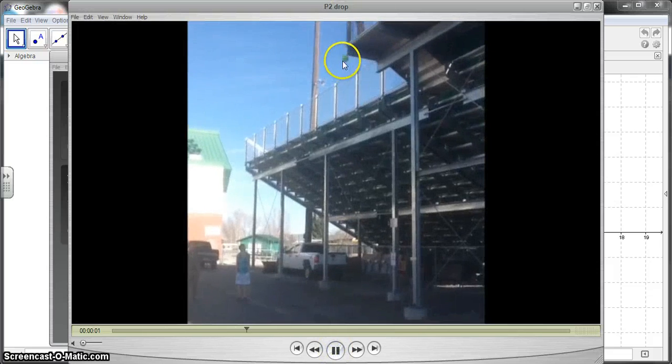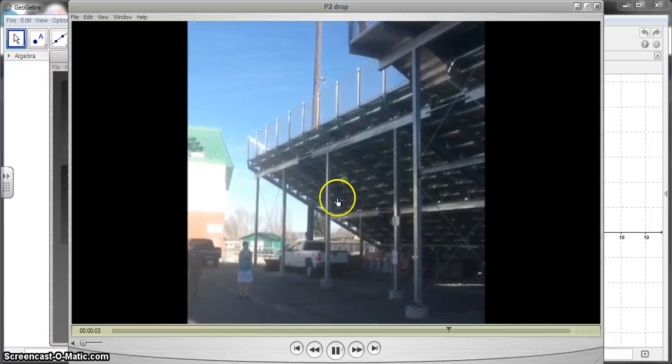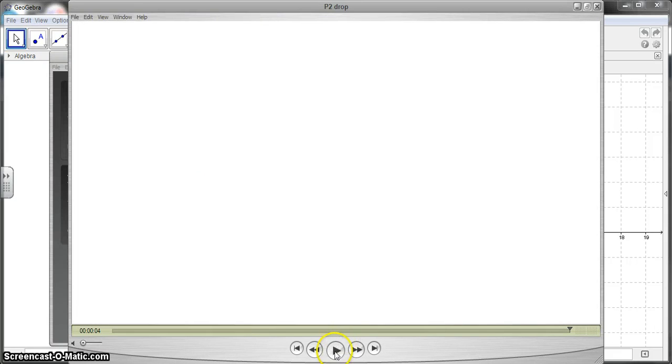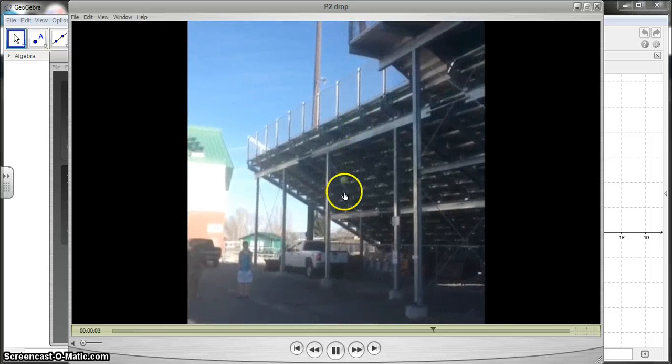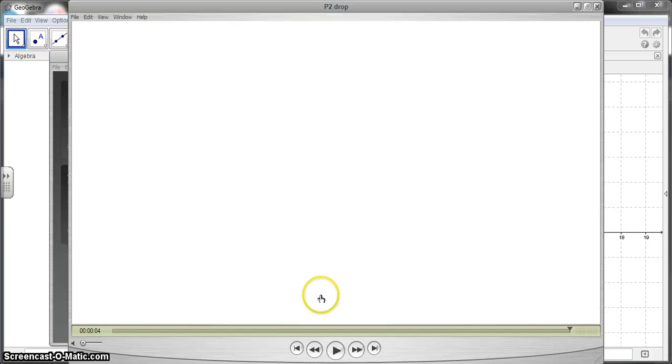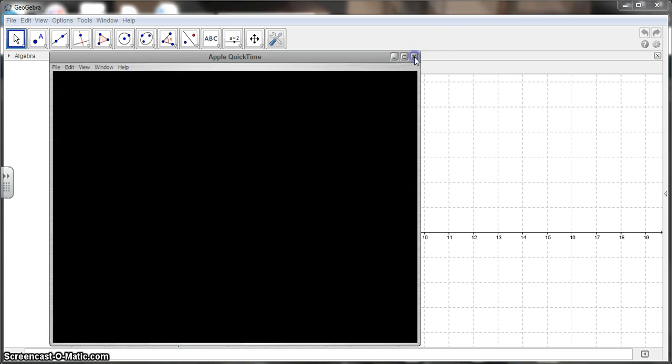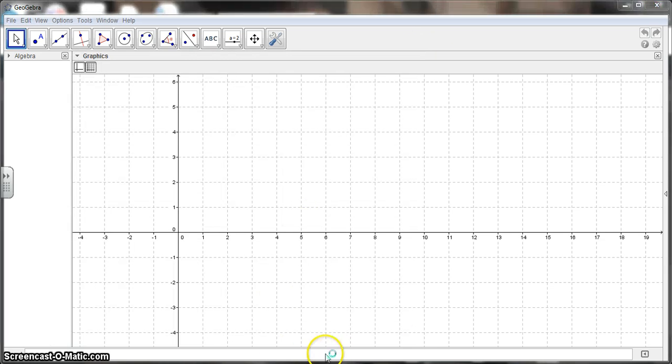So we can see that the ball is slow at the beginning, and then it speeds up here, like we talked about in class. Due to gravity, the ball is accelerating. So we want to be able to look at a graph and be able to understand what that means based off numbers. So what I did was I took strips of video,